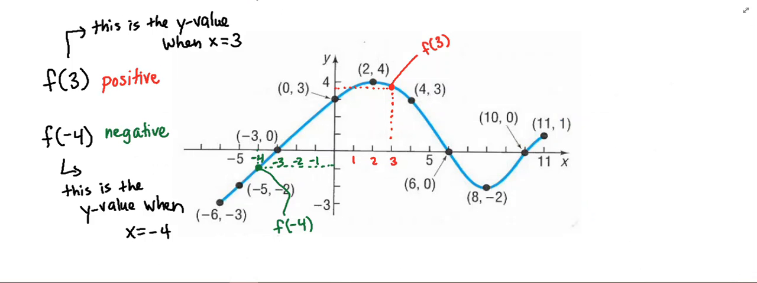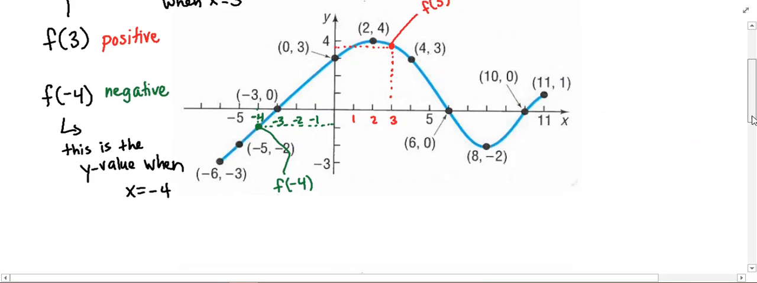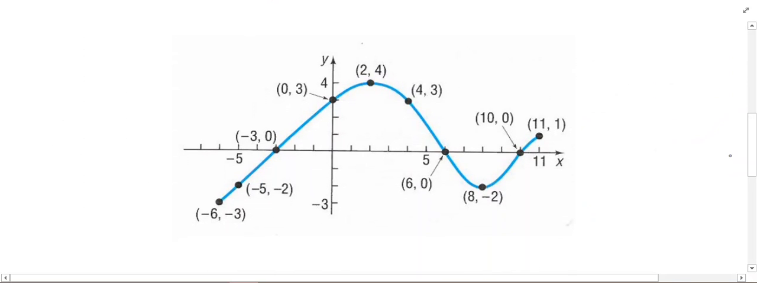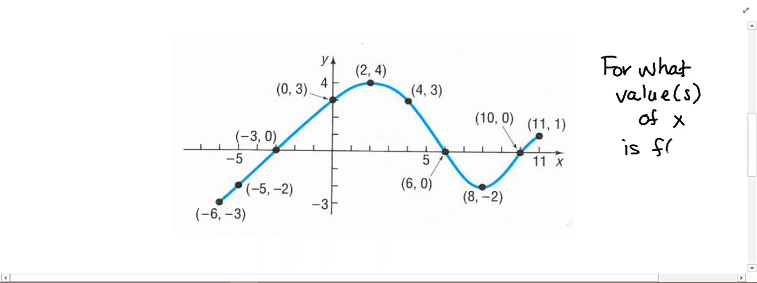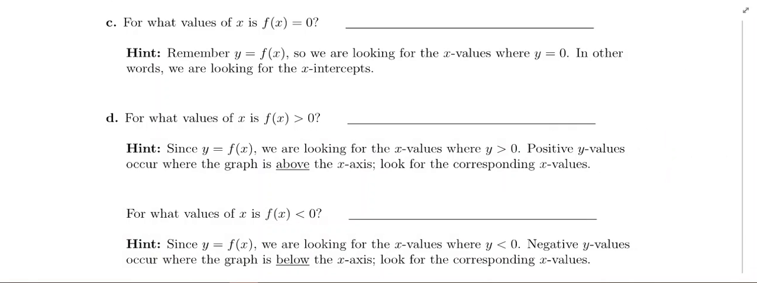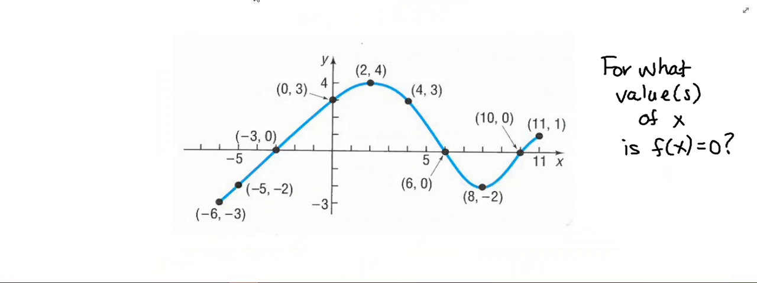Again, I'm going to refer to an enlarged copy of the graph here. Let me write the question here. It says, for what values of x is f of x equal to 0. Let me make sure I copied that down correctly. Yes. When you read this question, the first thing you need to realize, be very careful